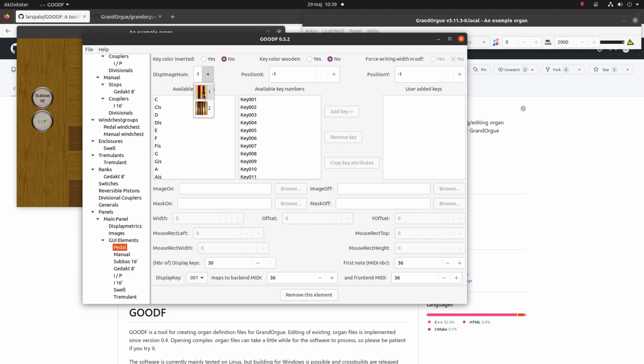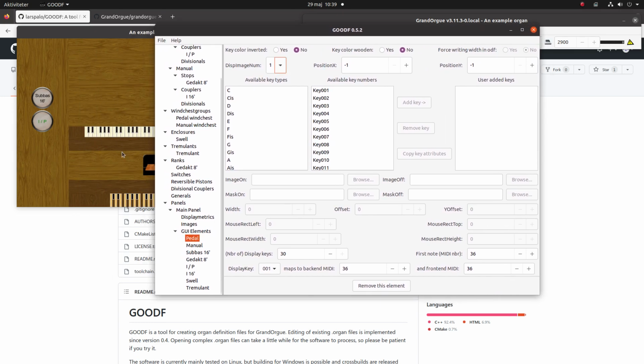So this is the old display. We could, if you move it a little, you see it here. This is the pedal, and it's displayed as a pedal. So this is the old display, and I can select the number 2 instead, like that. And for the manual, you see this is the old safe, and this is the new that requires a very new GrandOrgue version to work. So I can select that,